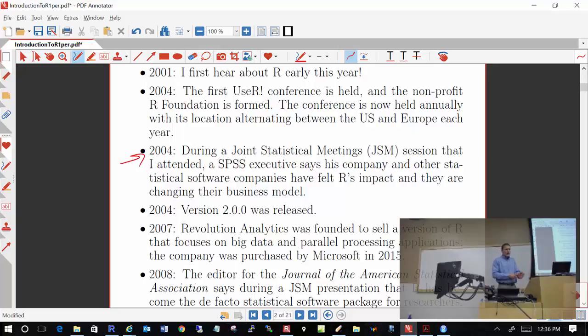In 2004, there was a very interesting set of presentations at the Joint Statistical Meetings. This is like the biggest gathering of statisticians in the world. Last year, for example, we had 7,000 people meet up in Chicago for these meetings. But in 2004, an SPSS executive, SPSS being a commonly used statistical software package by people in the social sciences, gave a presentation in this standing room only session